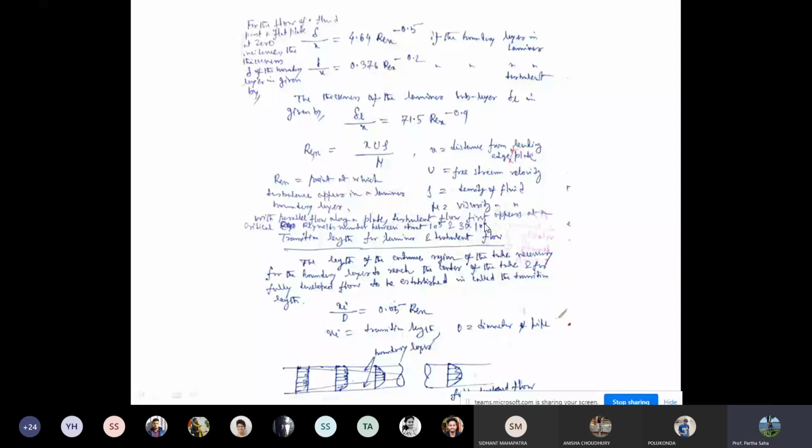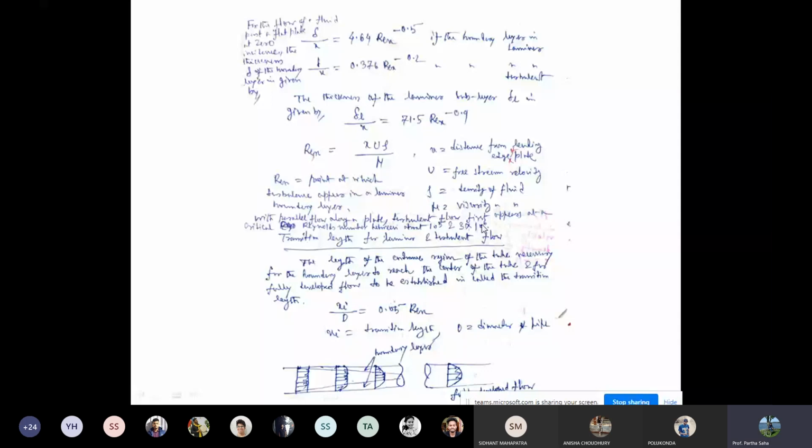This is completely different from the Reynolds number we discussed for fluid flow through a tube or a pipe. For a flat plate, this is the Reynolds number region. When you do any kind of numerical analysis, you have to keep this number in mind: if it is below 10 to the power 5, it will be laminar flow, and more than 10 to the power 6, it will be a turbulent flow.